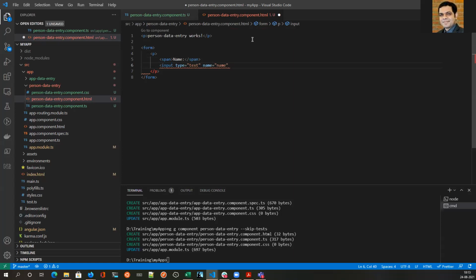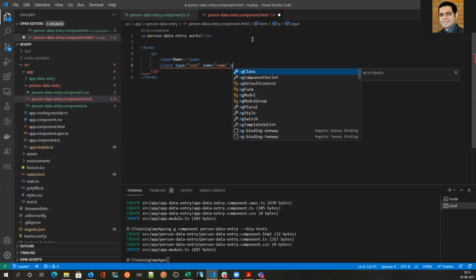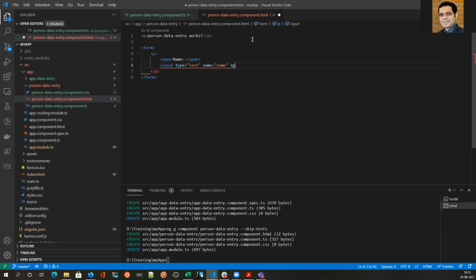So in my VS Code, I have installed a lot of snippets. So what I can do is I can type ng hyphen model, and it will automatically generate code for me. So I have bound this property to the name property of our data entry class. If you want to type manually, you need to type first square bracket and then round bracket, and then type ng model within that. So we'll just copy this for age.